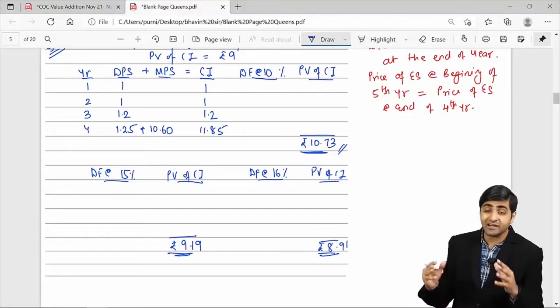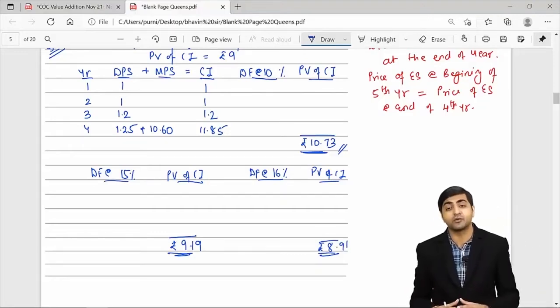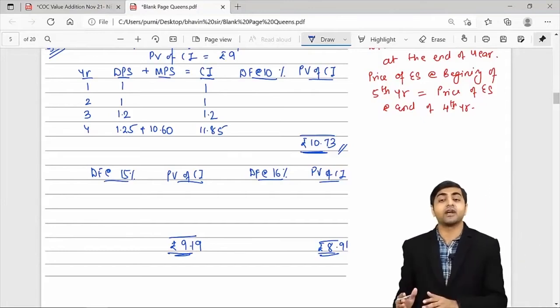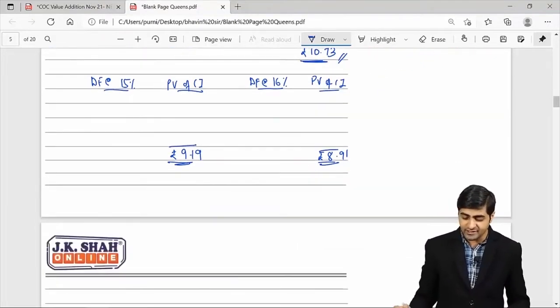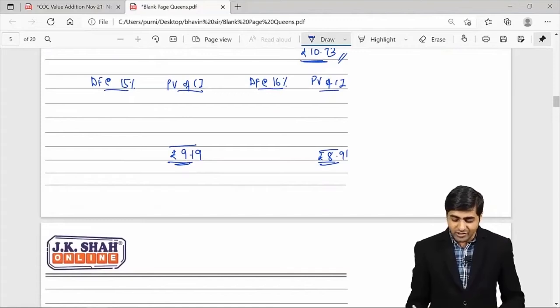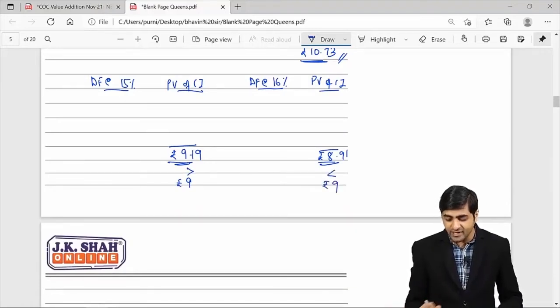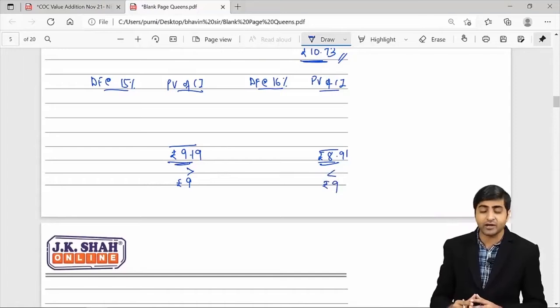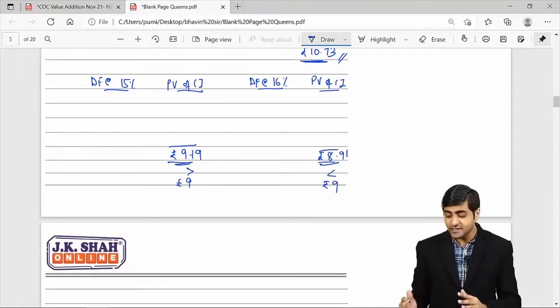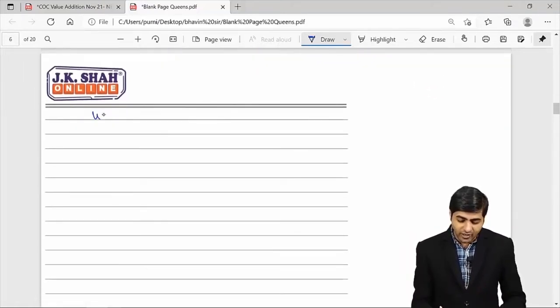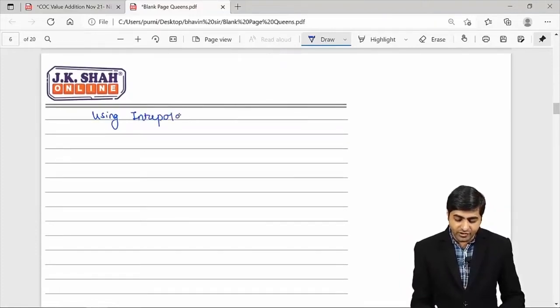So now we have a range available, and using the concept of interpolation, will we be able to calculate your realized yield? Yes or no? Yes sir. So now here you can just check 15% and 16%. So this is greater than your desired PV of CI, which is rupees 9, and this is lower than your desired PV of CI, which is nothing but 8.91. Now what we need to do is we will be using interpolation to calculate the same. So using your interpolation,